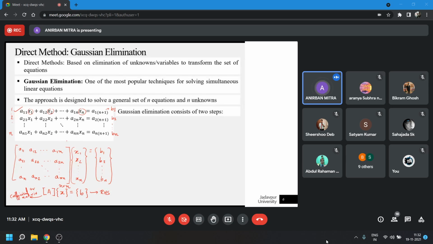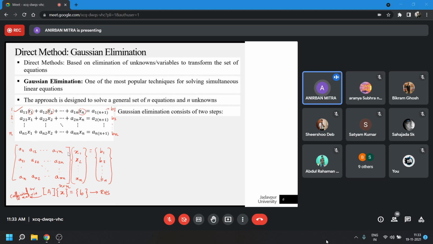However, if you include the extra column over here on the right hand side, that gives us the right hand side vector as well, those constants over here, then the input matrix becomes n cross n plus 1. Anyway, those are all to do with the program implementation, which we'll come to later on.